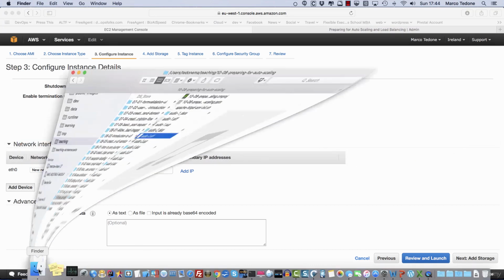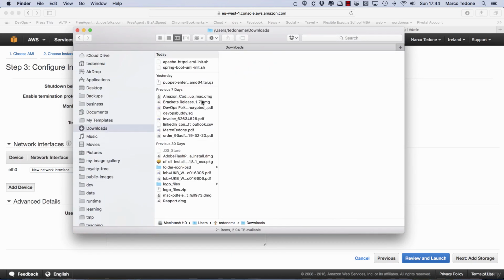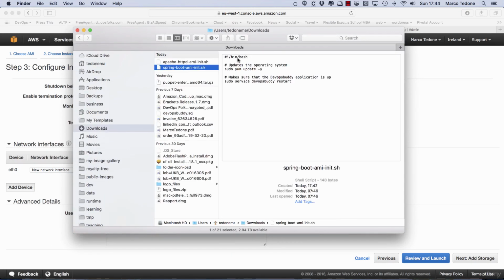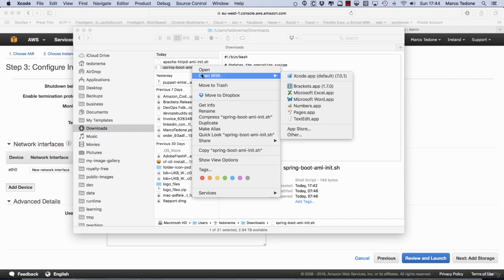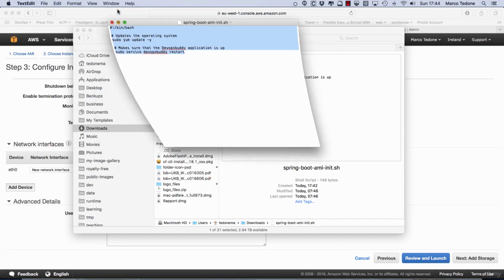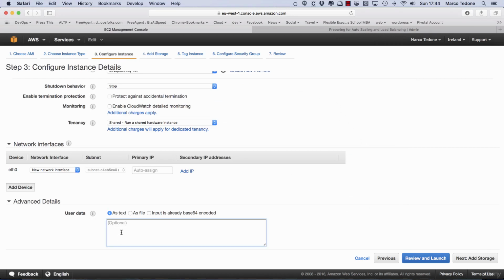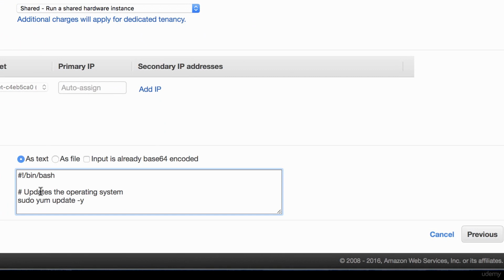The first option means run whatever bash commands are written within the text area. With the second option, we can provide a file to execute. I'll go ahead and copy the content of the Spring Boot AMI init.sh script in the text area. The first line is normally known as #bang. It's a directive that instructs the runtime that this is a bash script by providing the full path to the